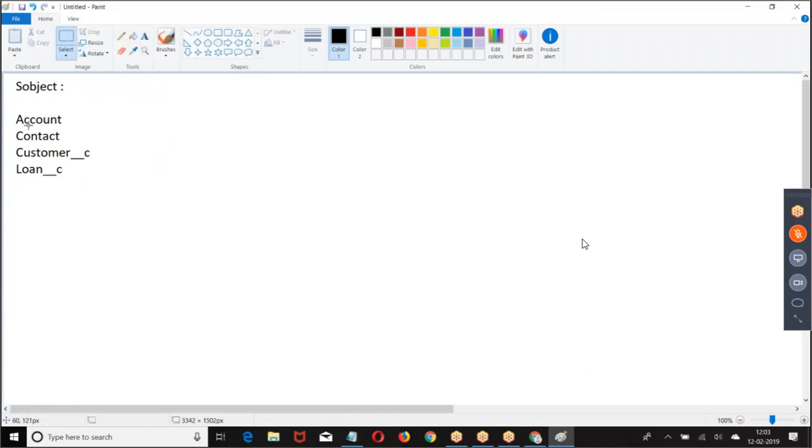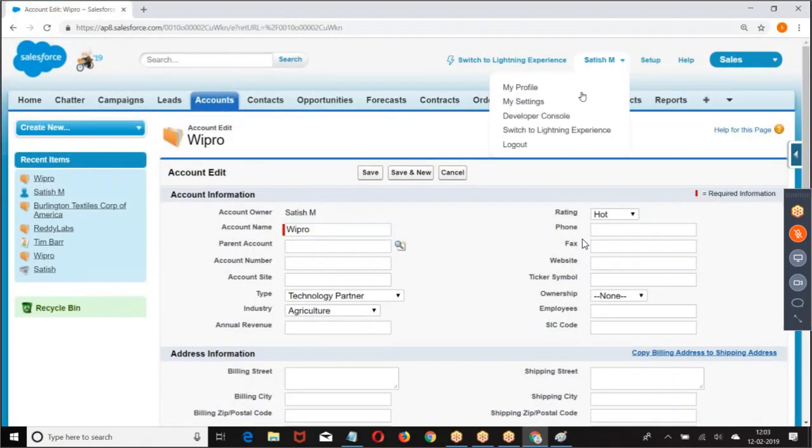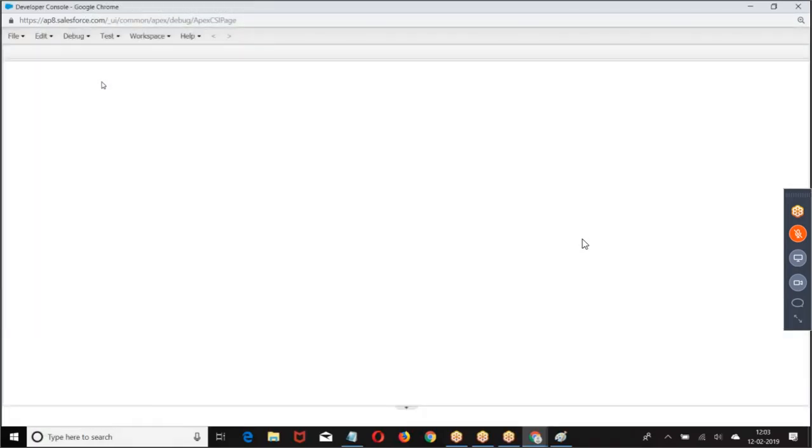Now for every object, we have one Apex class. How can you say it is an Apex class? Let us see. I will try to print account.name.